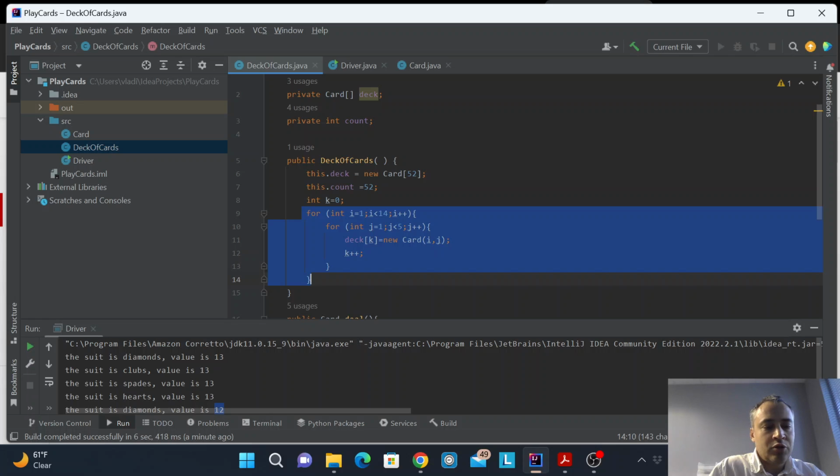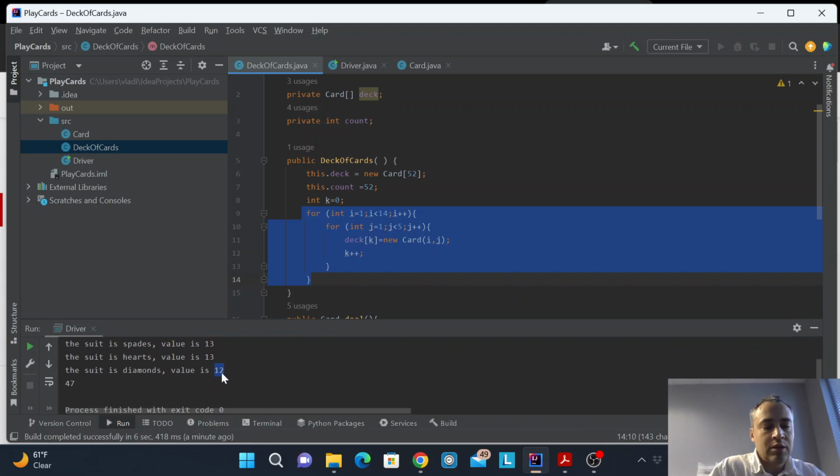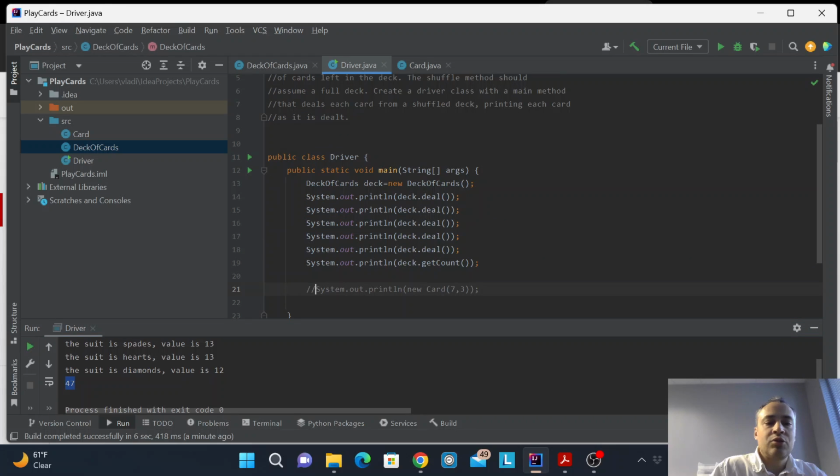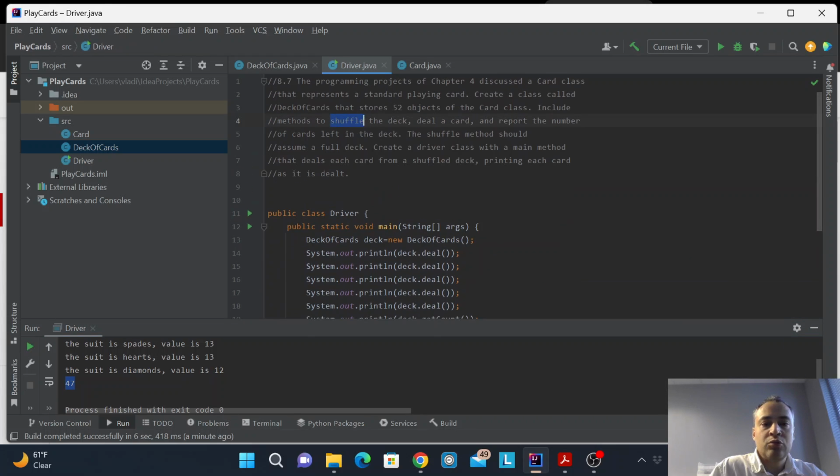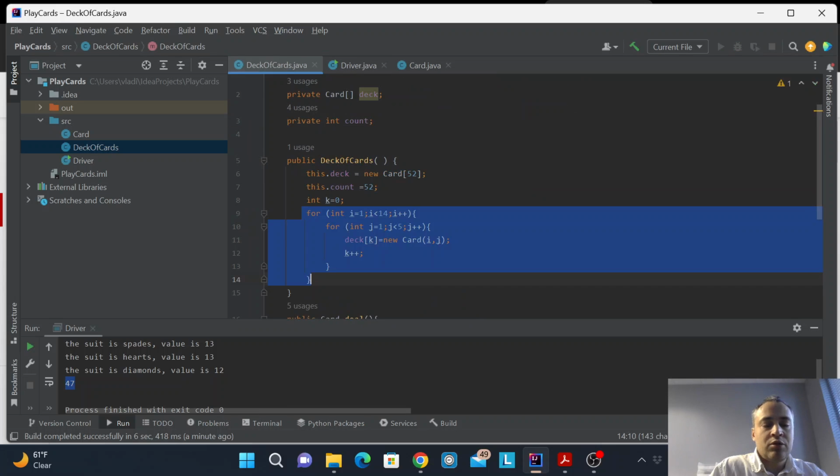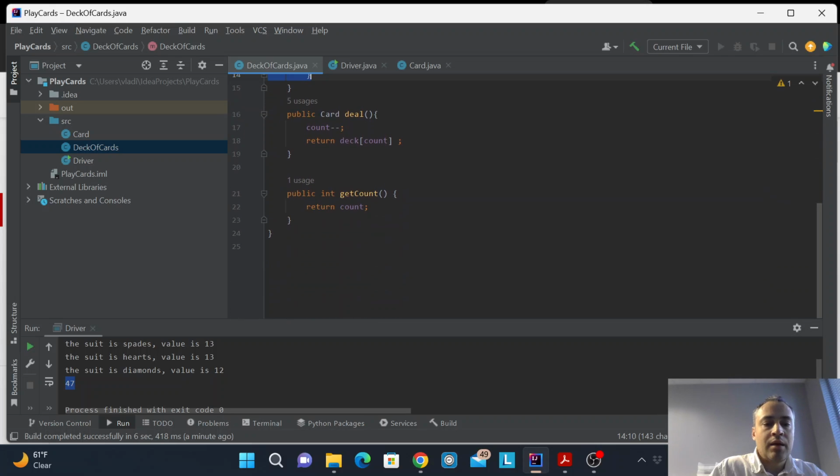So we removed 1, 2, 3, 4, 5 cards. 52 minus 5 is 47. So the card counter works as well. And the last but not least thing to do is to have a method to shuffle the deck. I'm going to do it in a naive way. First of all, we will see that it works, and second, I will give you links and hints why this is not the best way to do it. Okay, so public